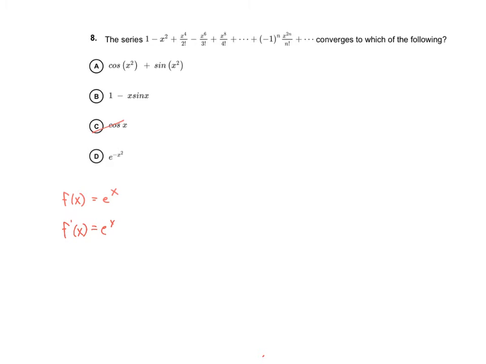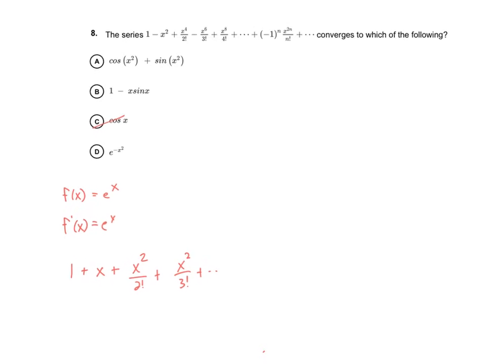Okay, so everything equals e to the x. So we know it's going to be 1, and then plus, all these derivatives are 1 when you plug in 0, so this is just 1 plus x squared over 2 factorial plus x squared over 3 factorial, right? And then if we plug in negative x squared into these,